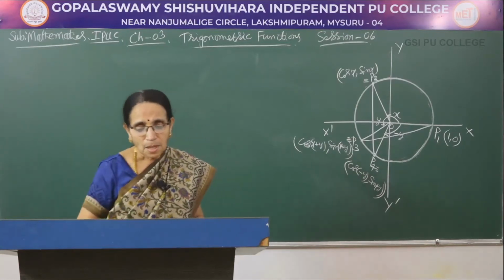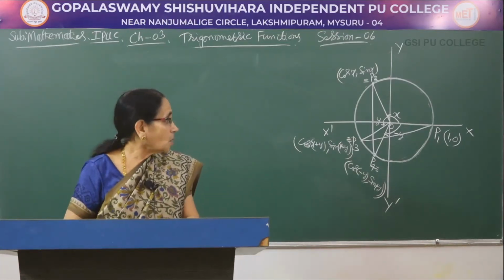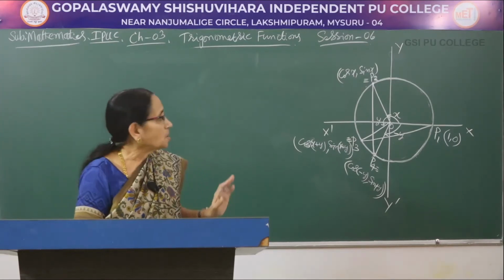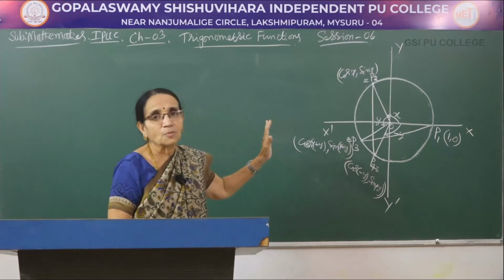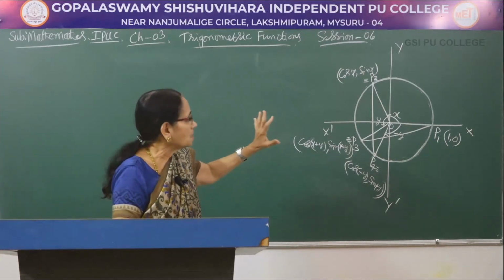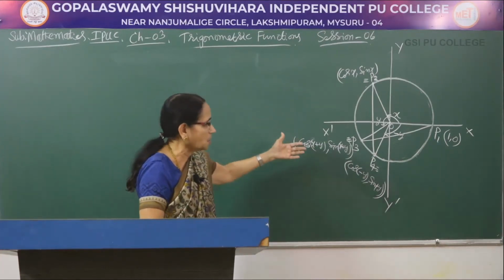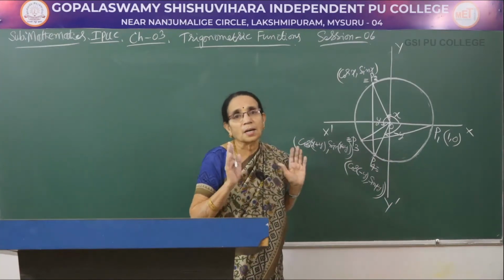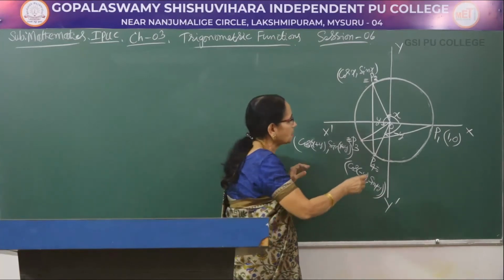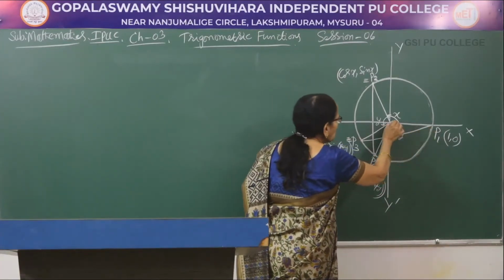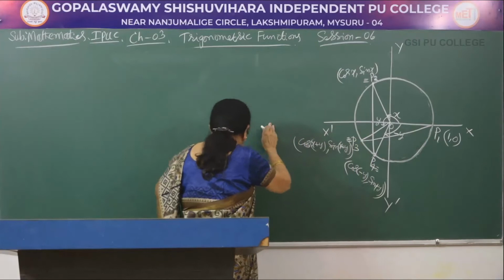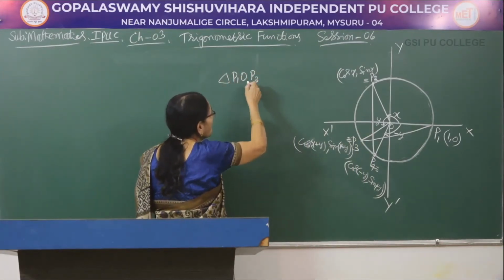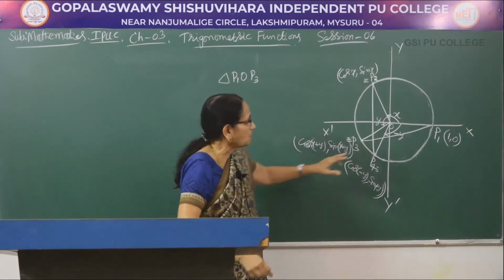Now what we have to do now is the derivation part. Here we have used the knowledge of our analytical geometry and written the corresponding coordinates. Look here, I am considering two triangles. The first triangle is triangle P1OP3, and that's why I have joined this one.